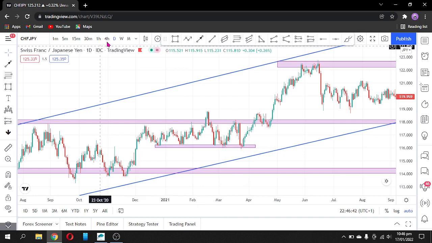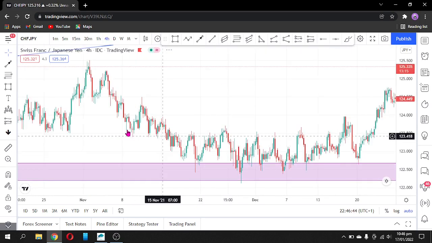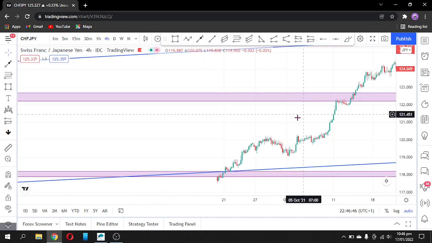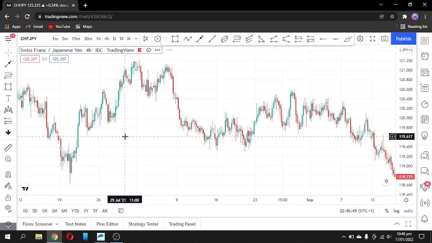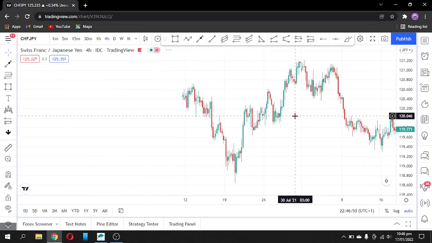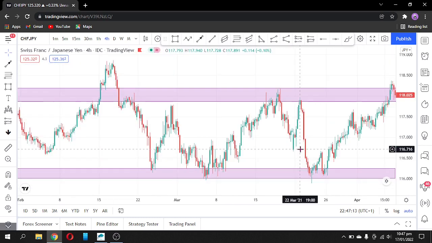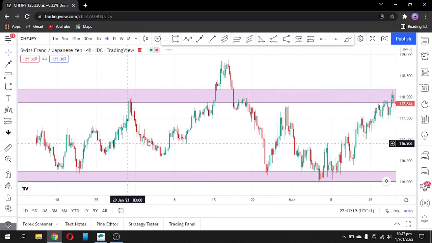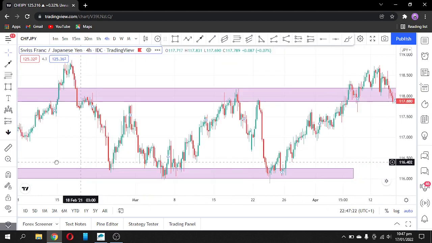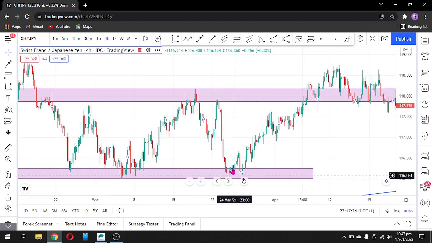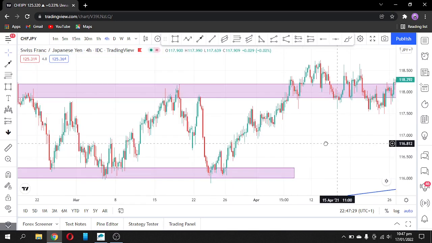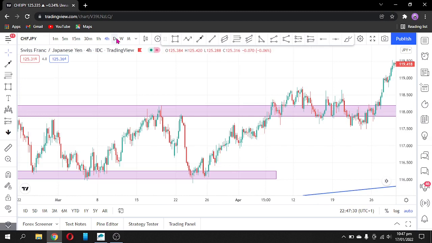So if we go back to the 4-hour time frame and check our chart where we drew that support, we can also see some chart patterns that were hidden on the daily time frame. That is why it's always good to use high time frames and low time frames. This is the support we drew just now, and we see price respected this zone, made a double bottom, and then price went up. So going back to the daily time frame,